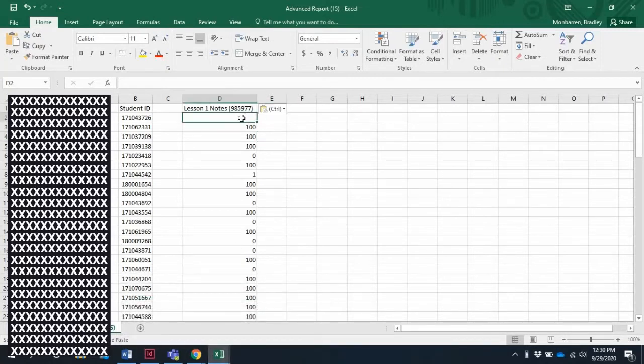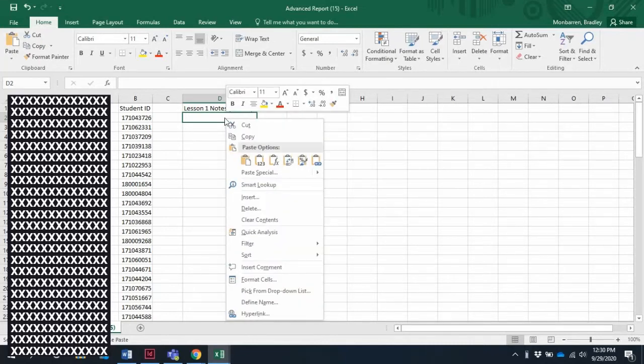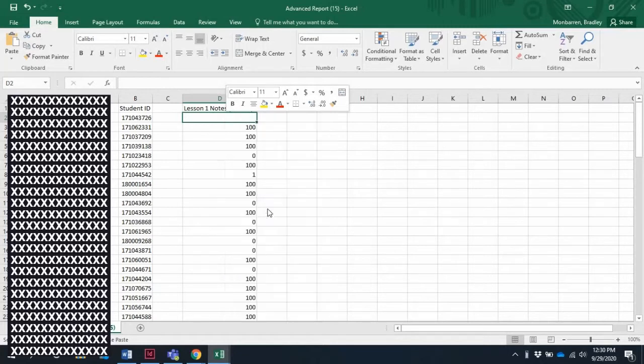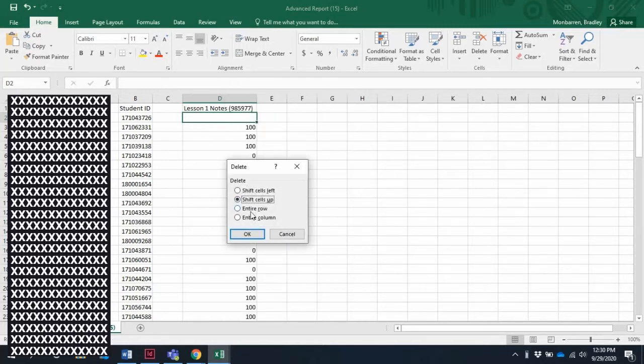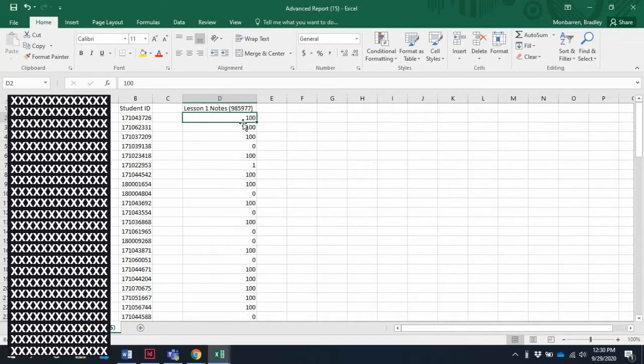And there is a space up here, and I will need to fix this. The reason there's a space there is because on my other Excel document, there was a space above it. So I'm just going to right-click, and I'm going to delete. And we're going to shift the cells up. Now that I've shifted the cells up, this is in alphabetical order because that's how it was organized on the previous sheet. I'm going to save this file, save as,